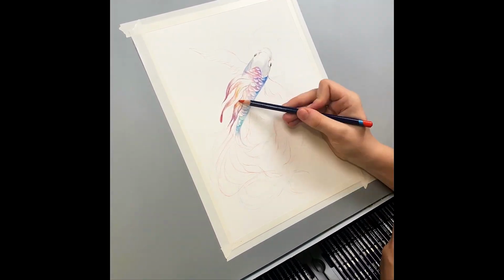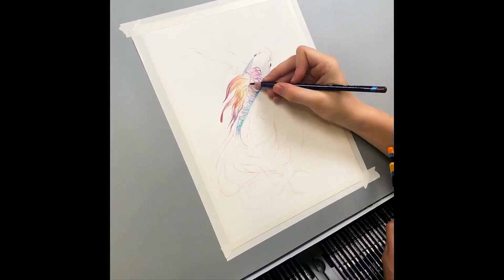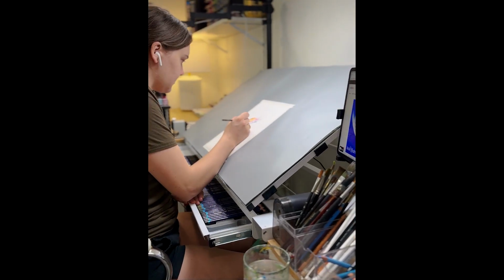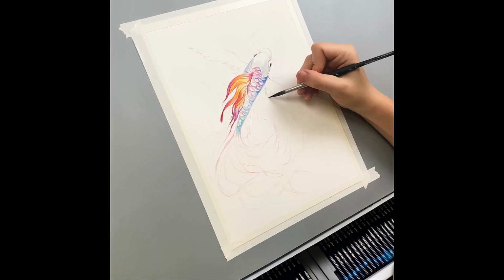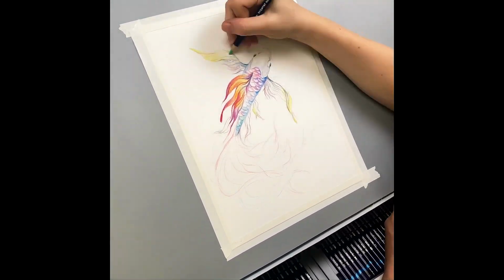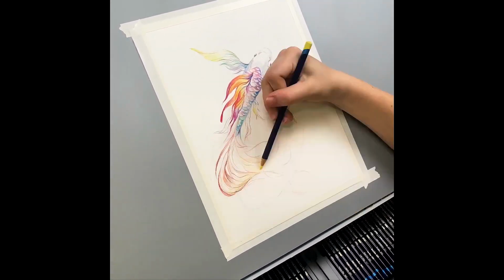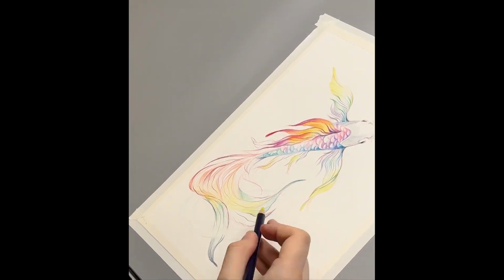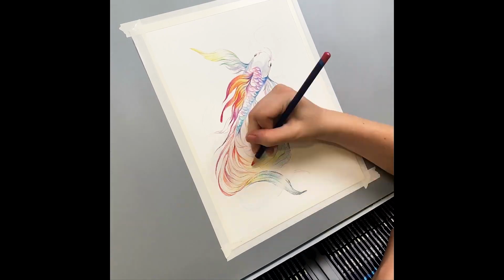Choose colors that correspond with one another, such as reds next to oranges, greens next to blues, so that the tones will naturally shift from one to the next once water is added. By taking your time, you can enjoy the creative journey and add lots of detail, resulting in a more polished and visually striking illustration. I'm making the most of all 100 Inktense pencils to create a rainbow color scheme, but